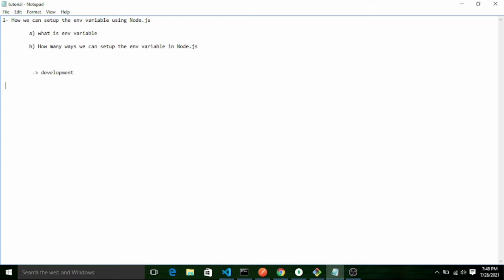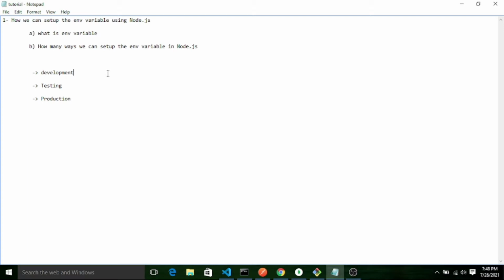Second one, testing, once development has been finished. Third one is production deployment, that is production environment. So let's say I have 3 environments here.